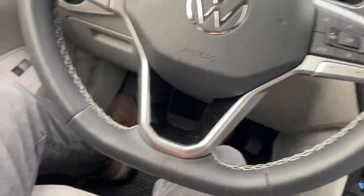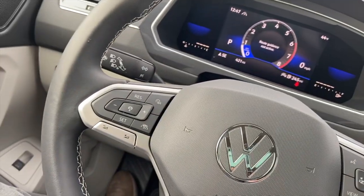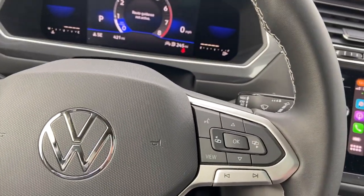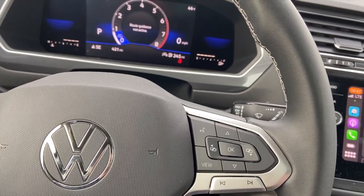The steering wheel changed a little bit. I believe it's one out of a GTI. It's got the flat bottom now. It might have been the previous model GTI. Still has real buttons on the steering wheel. I know a lot of Volkswagens aren't using real buttons on the steering wheel. Other than that,